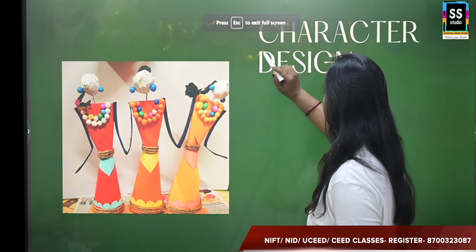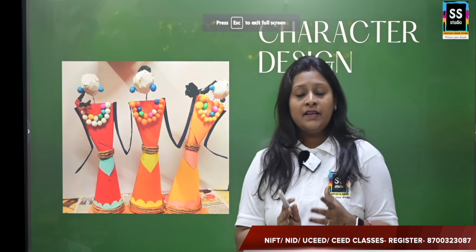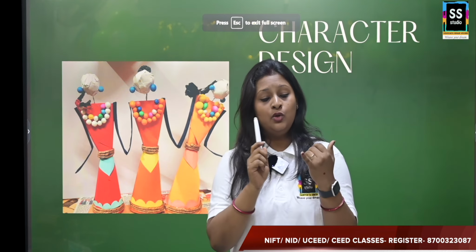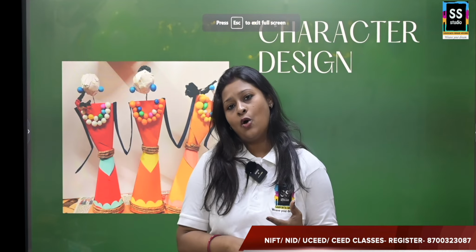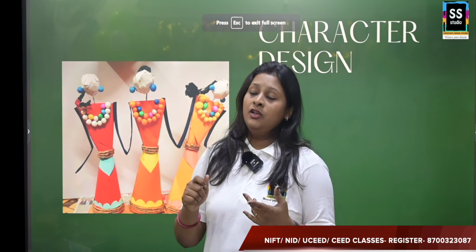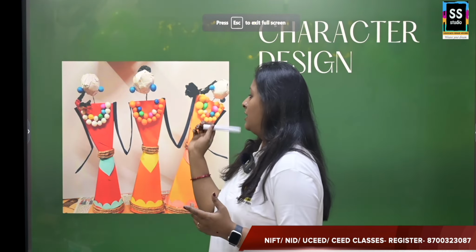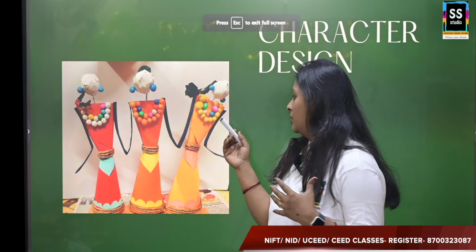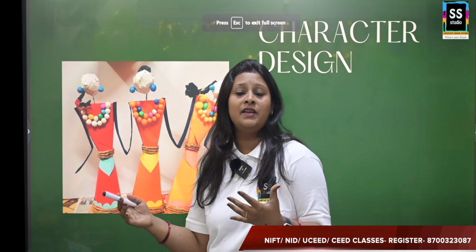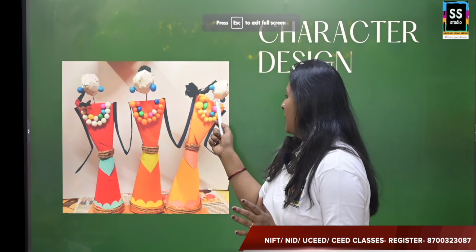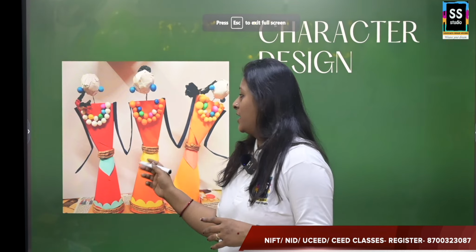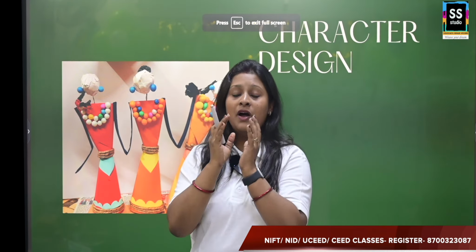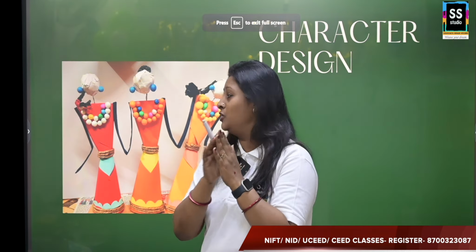Moving on, character design. Character design is one of the topics where you might be asked to make a puppet or a mascot or maybe a doll. This is one of the dancing puppets which are representing a community. So you can see here how, with the use of cones, the figures have been made. For the face part, the scrumbling of the paper has been used to show this.